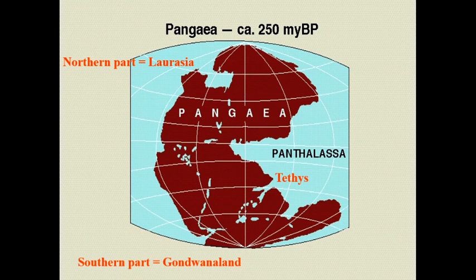Well, you need to know some words. First of all, Pangaea is the name of the one world continent. If you have one continent, then you have one ocean, and that is Panthalassa. And the southern part is particularly important, so that one we call Gondwanaland. That one was one of the areas that in particular drove Wegener to realize that his idea was true. The other terms, Laurasia, that's just for the northern half, and I'm not going to test you specifically on that. And then Tethys is a little seaway of Panthalassa. That'll become important later. So, on this slide, Pangaea, Panthalassa, Gondwanaland.